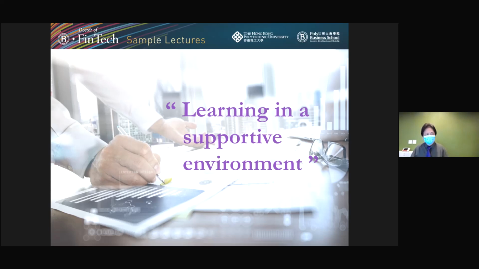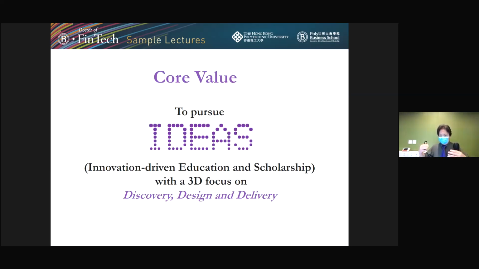So we want to provide the best resources, including our faculty members, to this program, and aim to make some contribution in terms of cultivating FinTech, digital tech talent in Hong Kong. So you join the program learning in a supportive environment. So well, as I said, the DFinTech program is housed in the Faculty of Business,